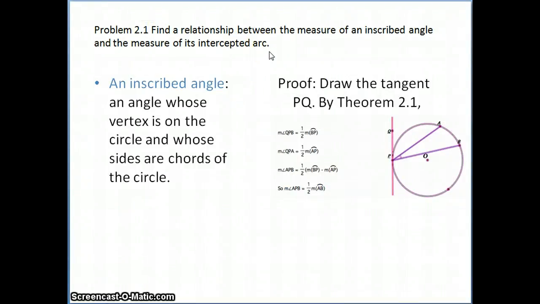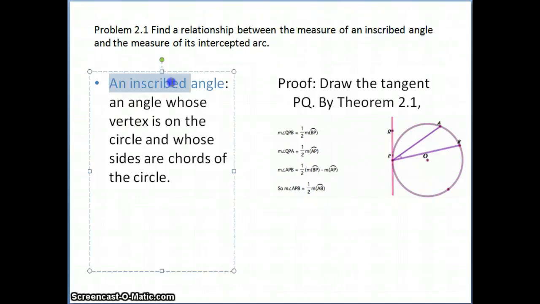The picture in the textbook is probably better than my picture here. On page 80, if you can open your textbook, look at figure 2.9. First we look at the problem. We want to find the relation between the measure of the inscribed angle